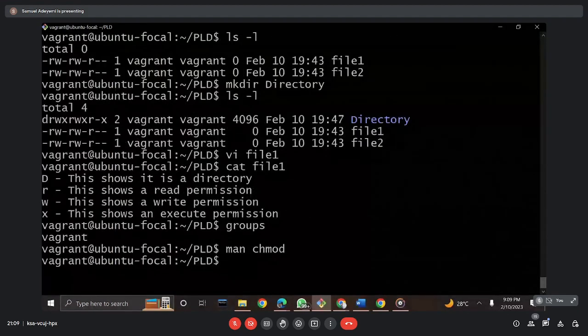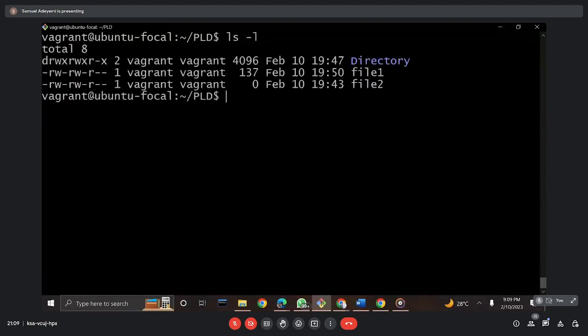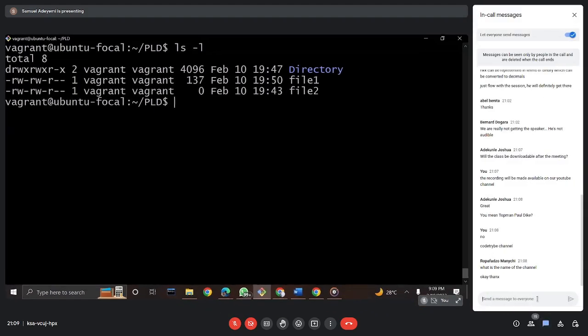And okay, let me clear my screen. And let us get our hands into the real coding aspect. So the first method I talked about is what? The symbolic mode. So let me just quickly veer into